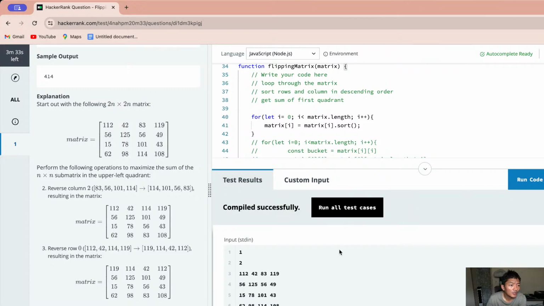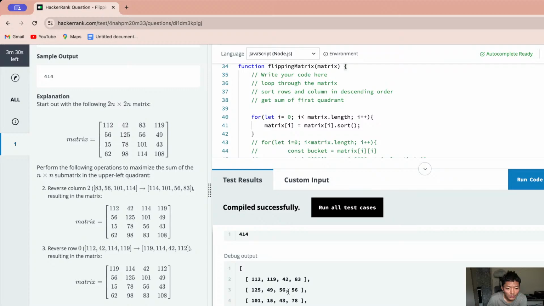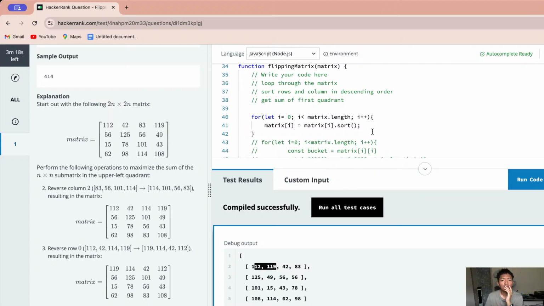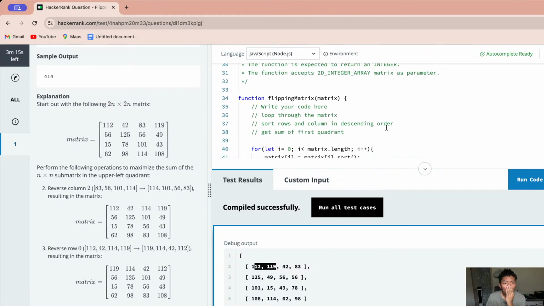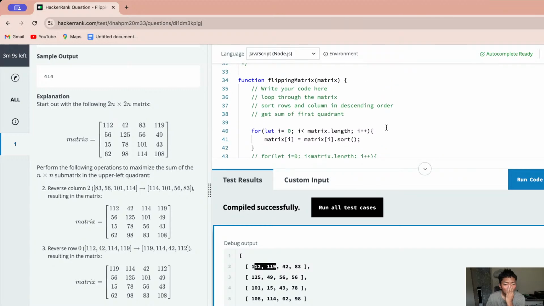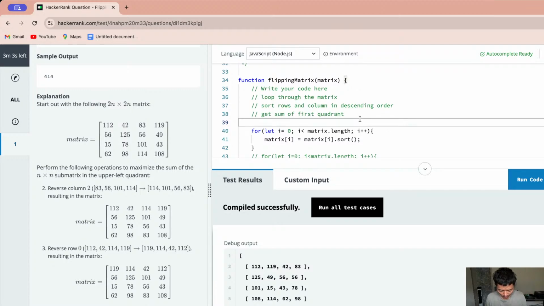I'm confused. Okay, so this one, how is... Okay, const sorted matrix equals... Okay, I'm gonna run out of time, but